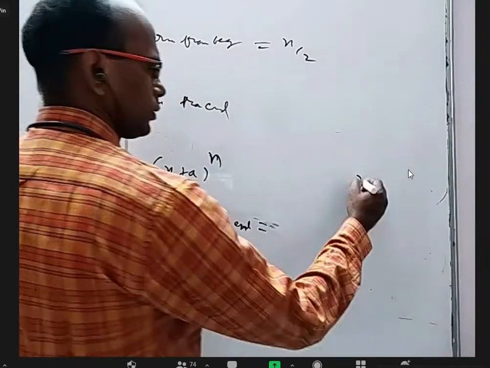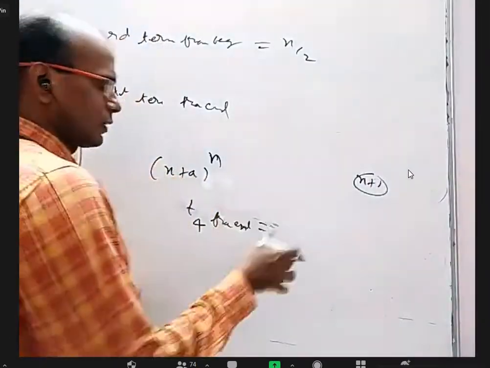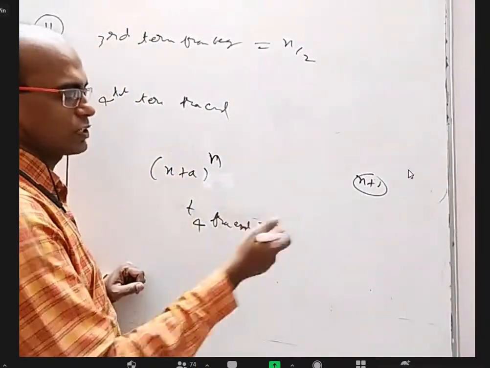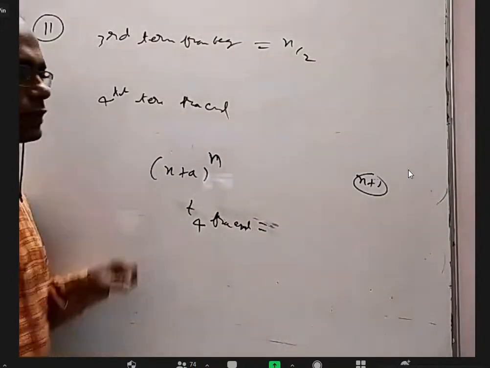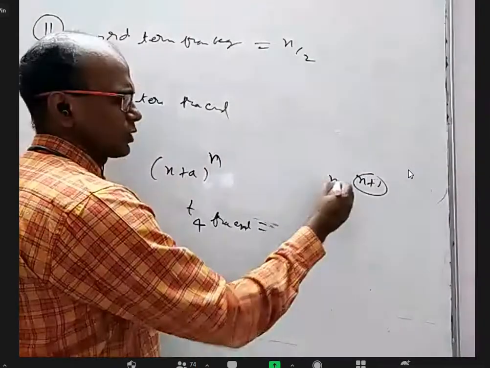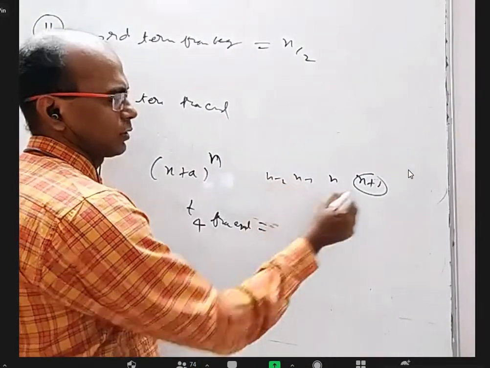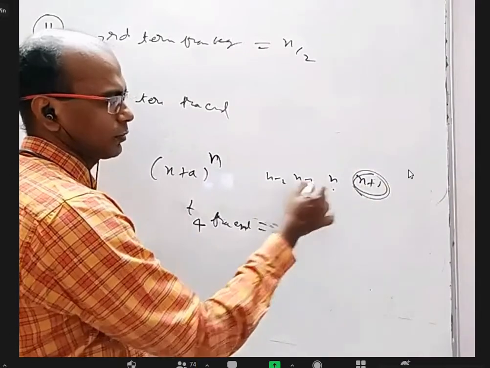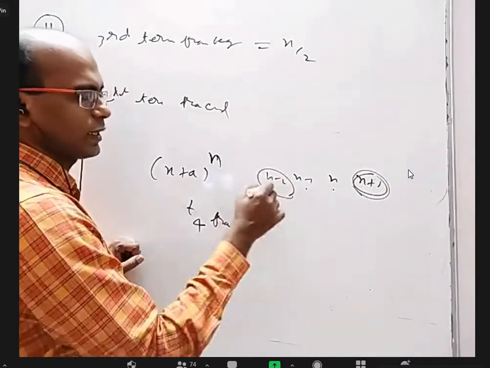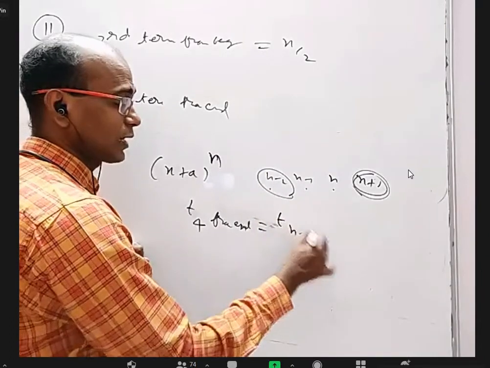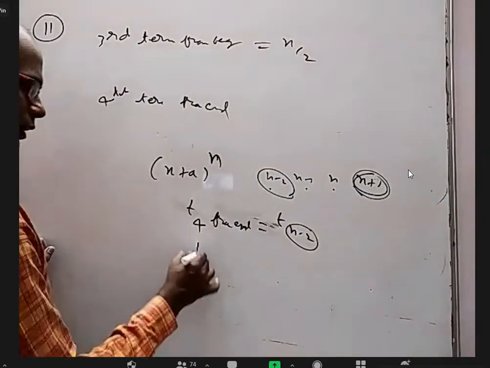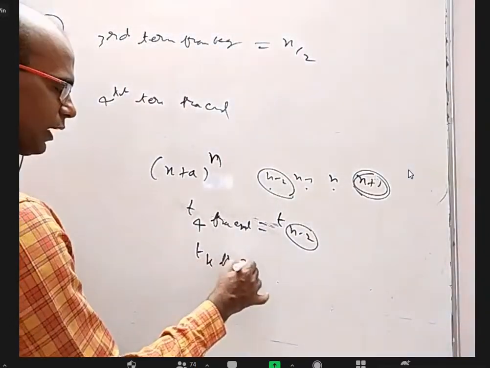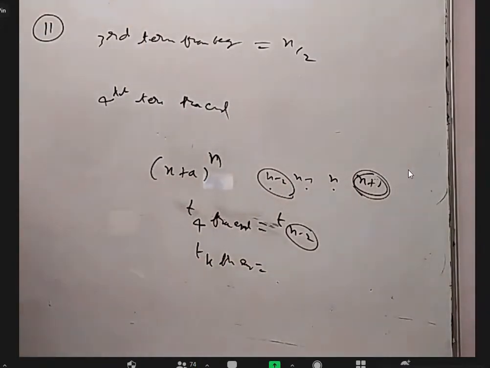No, not the term. I'm asking about from the beginning. What is the number? Is it third term, fifth term, seventh term? Yeah, this is the first term from the end, second term, third term, fourth term. So fourth term from the end is, from the beginning, the (n minus 2)th term. Right? Like that, kth term from the end, from the beginning, it will be what?